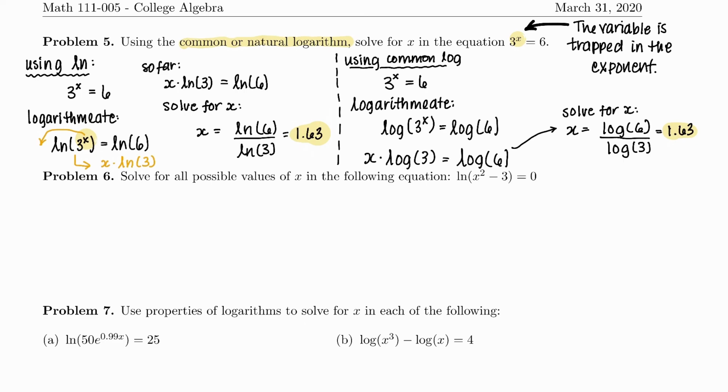So if you stare at your calculator long enough, you might notice that there is a button for the natural log and there's a button for log base 10. So that's why for this problem I wanted you to use the natural or common logarithm, because it's something you can easily put into your calculator. So from another math class, you might remember the change of base formula, but we're not going to talk about that. I just want you to use the natural log or the common logarithm, and in some cases